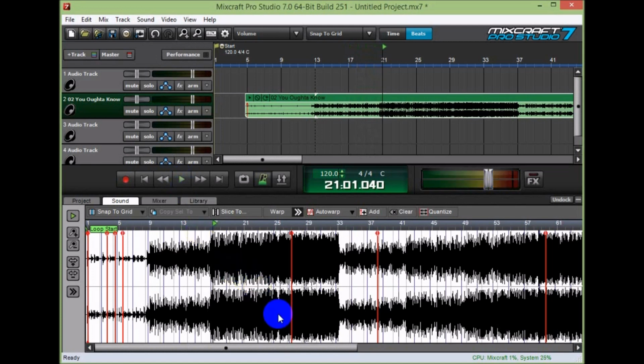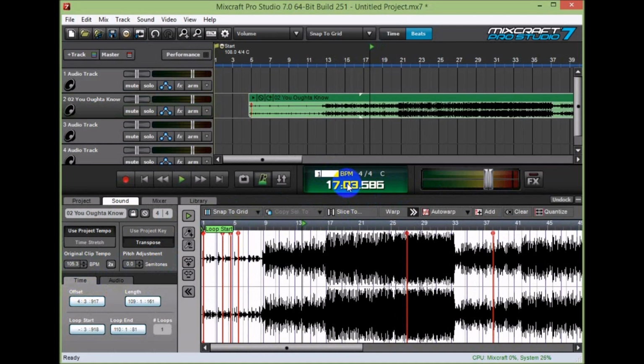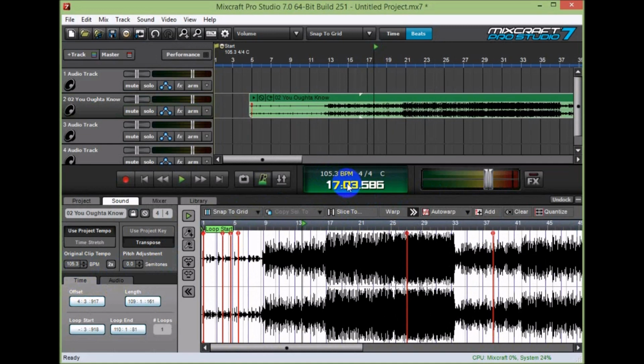So what's really cool about this is that you can change the tempo to whatever you want it to be. So this is probably more like 90 or so. So we can type it in exactly. Now what's cool about this,